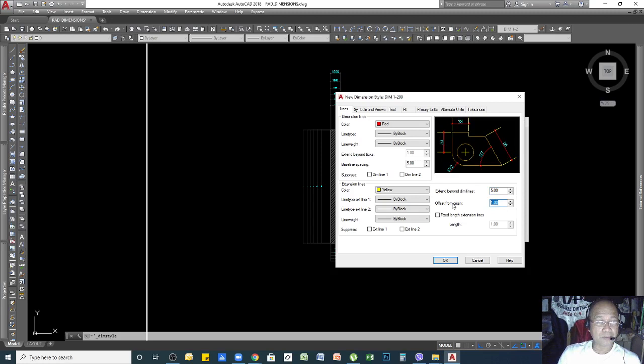Then offset from the origin, if I put 5, see, 5 is a very big value. Extend beyond dimension line is from the dimension line up to here, and offset from origin is the distance from your object up to here. So that's the value that you enter here. Looking at it, it's not good, so I will bring it back to 1. We'll put this one into 1 also.